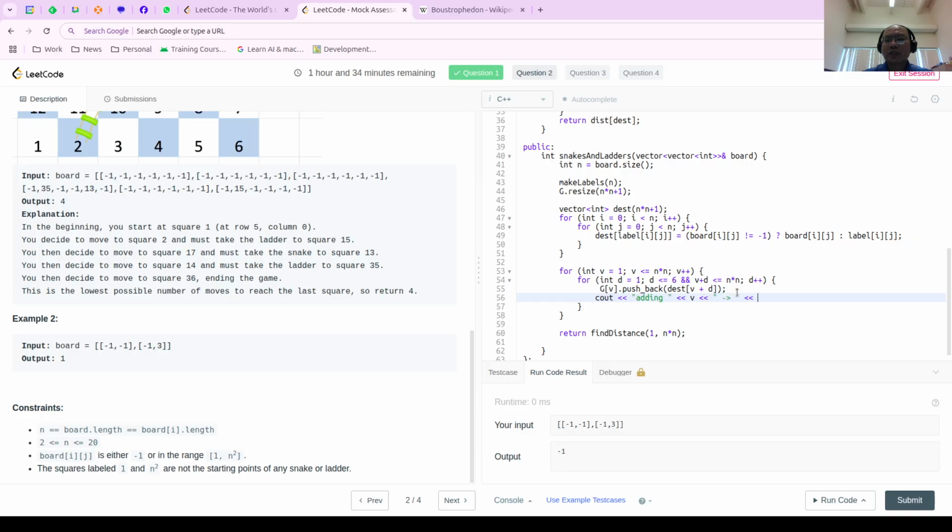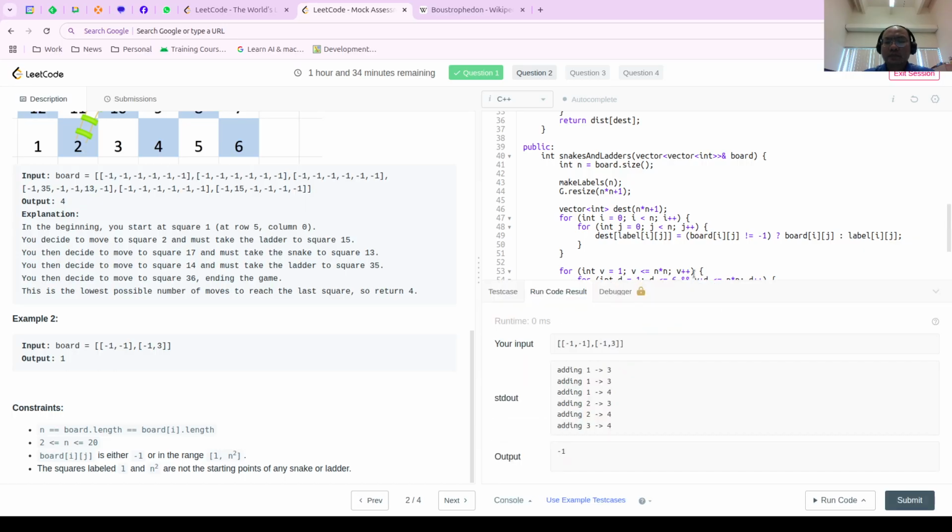So let's see what edge we decide to add. Okay, so one can go to, so 1, 2, 3, 4. Wait, 1, 2, 3, 4. So the grid is,